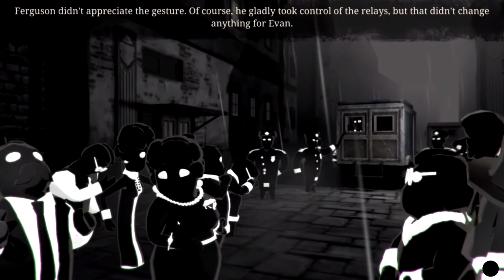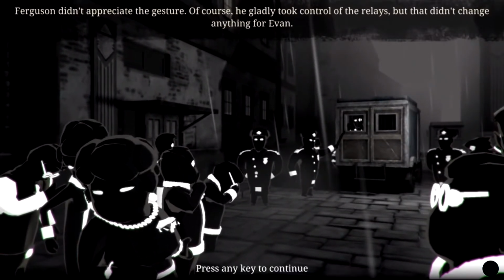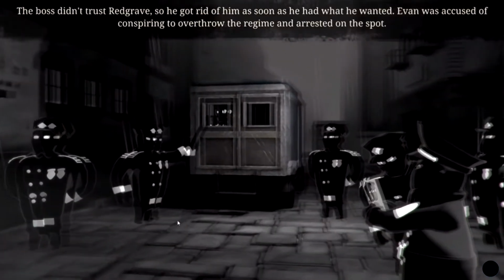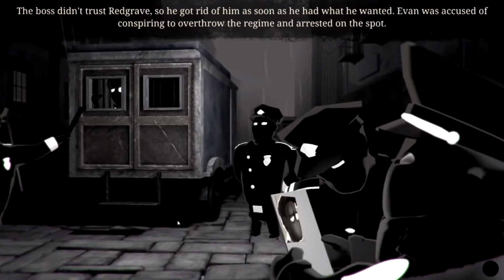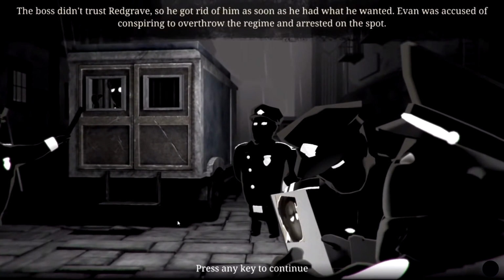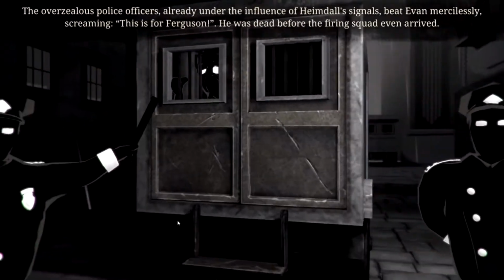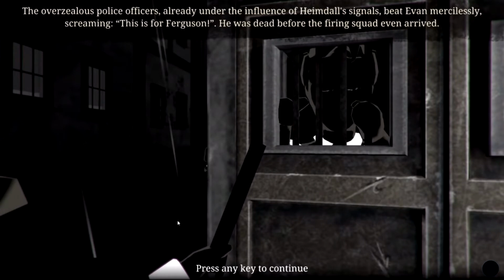Ferguson didn't appreciate the gesture. Of course, he gladly took control of the relays, but that didn't change anything for Evan. The boss didn't trust Redgrave, so he got rid of him as soon as he had what he wanted. Evan was accused of conspiring to overthrow the regime and arrested on the spot. The overzealous police officers, already under the influence of Heimdall's signals, beat Evan mercilessly, screaming, "This is for Ferguson." He was